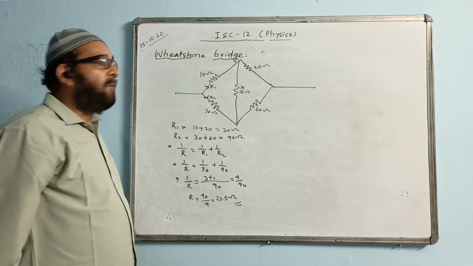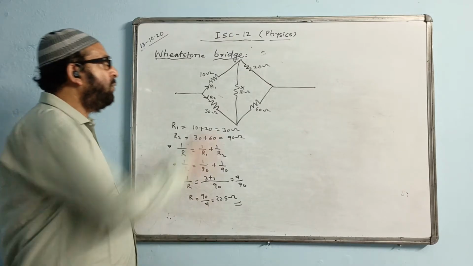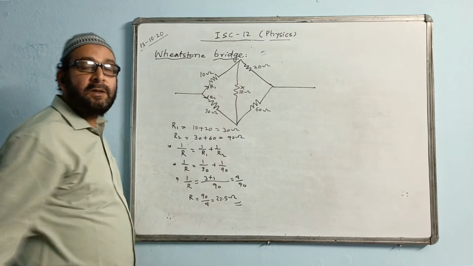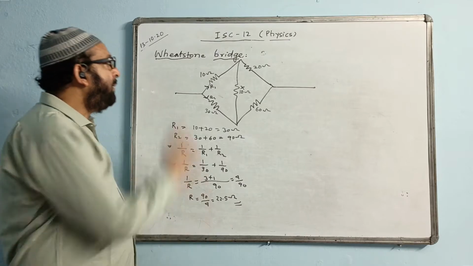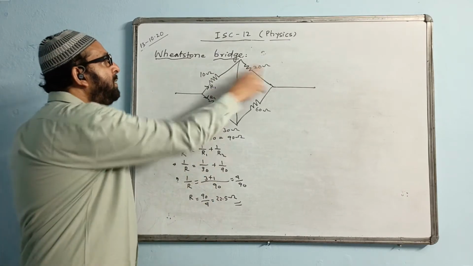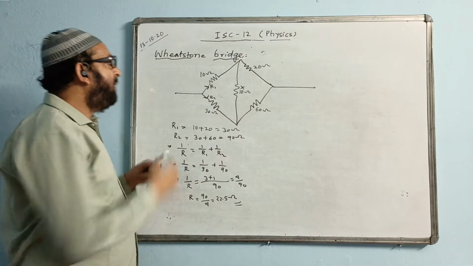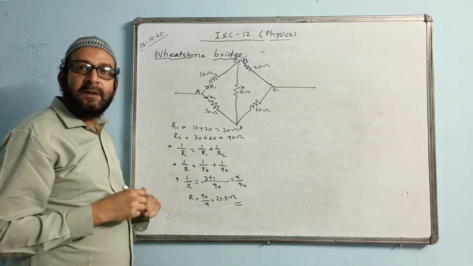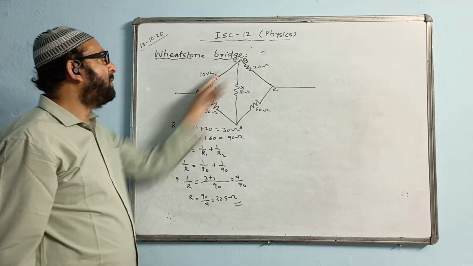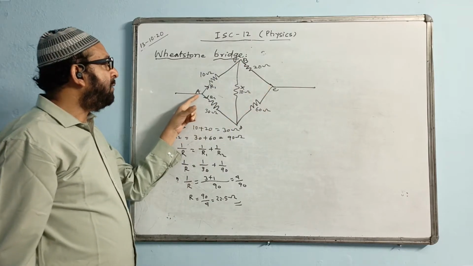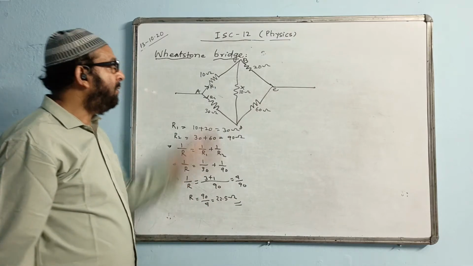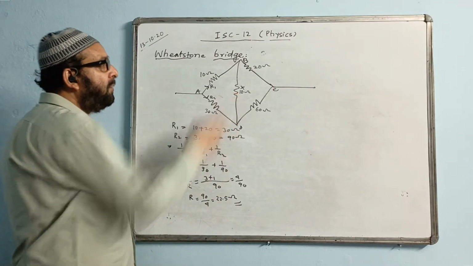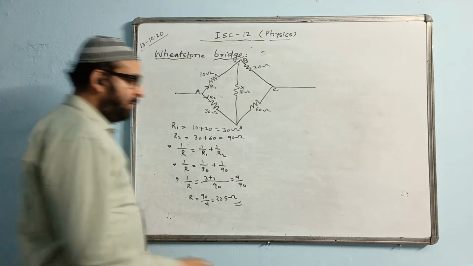That is, when you have a Wheatstone bridge, you have to check the ratio. This by this is equal to this by this will happen. Then this part, the central part, resistance you don't have to consider. And this will be a balanced Wheatstone bridge. Then these two will be in series and these two will be in series. If they have given the names like this, A, B, C, D, we say that the resistance of the arms AB and BC will be in series, and the resistance of the arms AD and DC will be in series, and these two will be in parallel with one another. Then this one we don't have to consider at all.